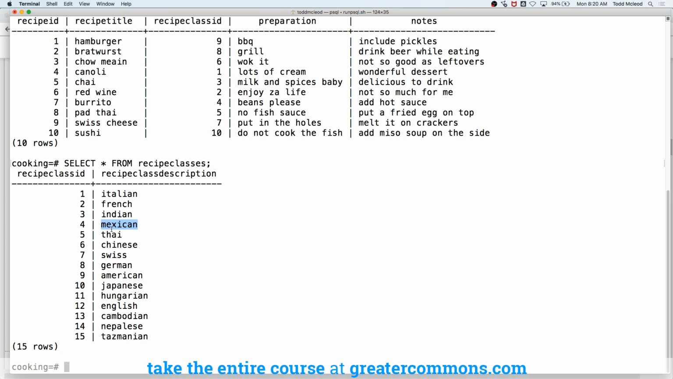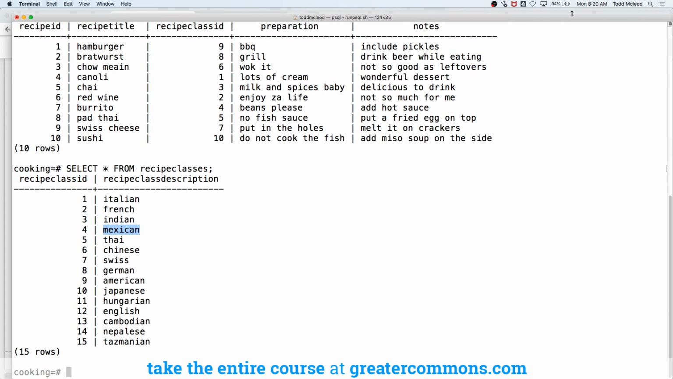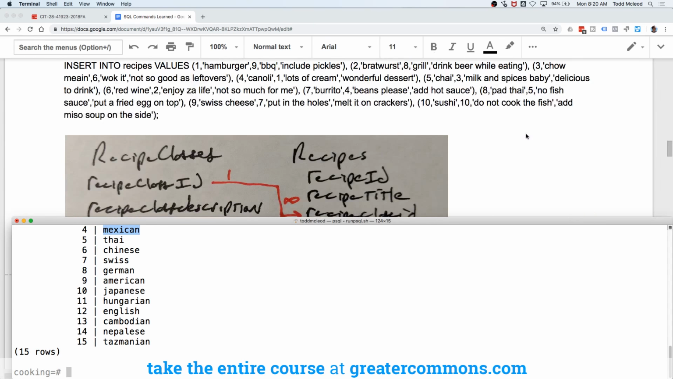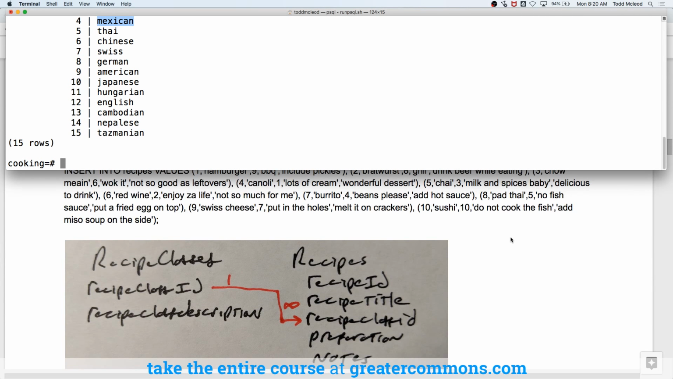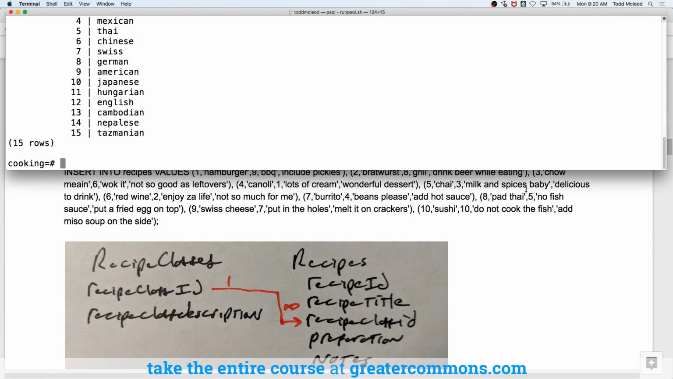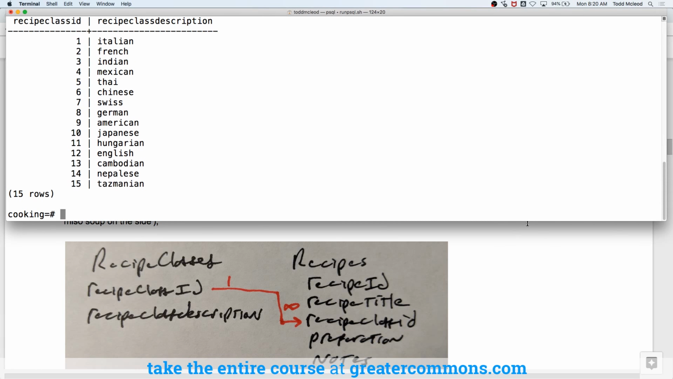So you have that. Now, if we wanted to join those together, we're going to do an inner join because we have a connection here. How would we do that? So maybe we want to select stuff from two tables. Let me do this up this way. So there are my two tables. And maybe I want to select recipe title and recipe class description from,